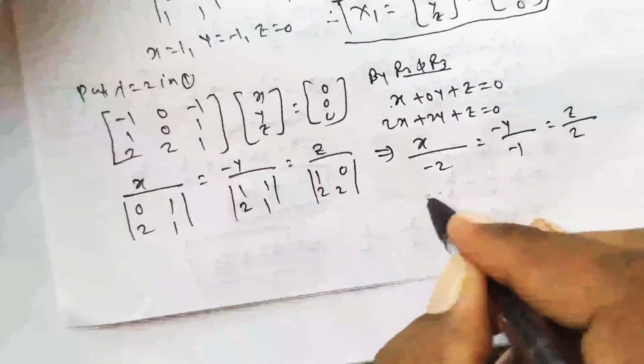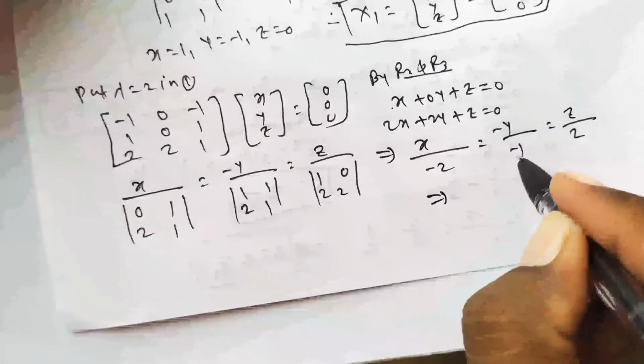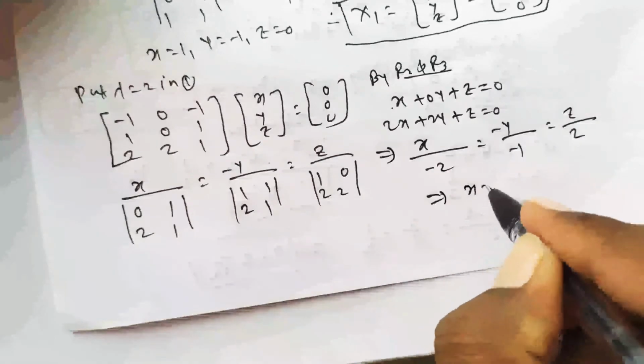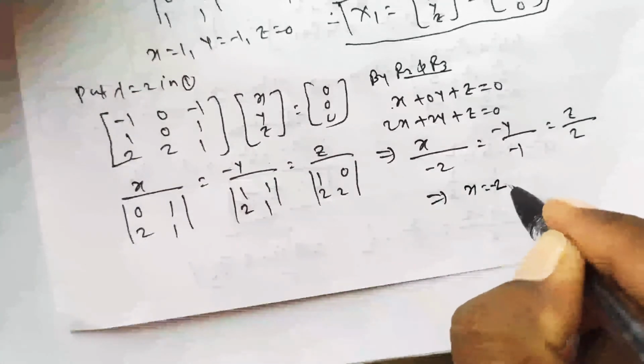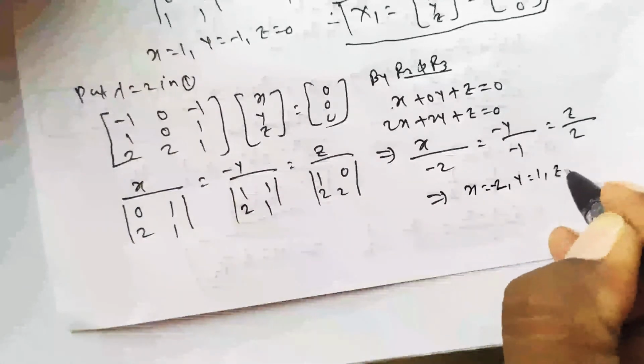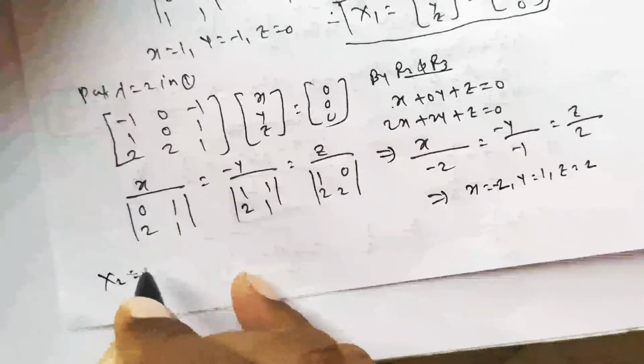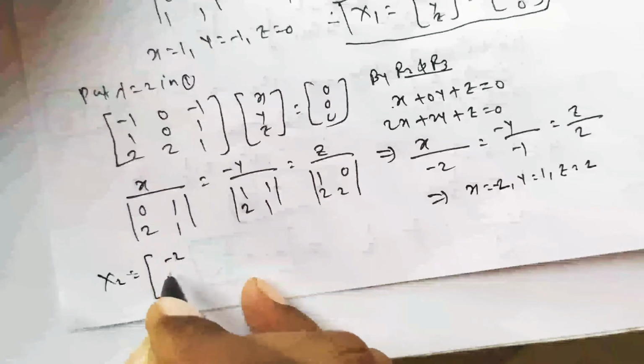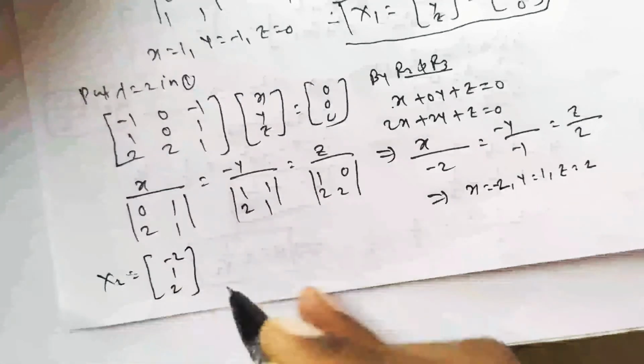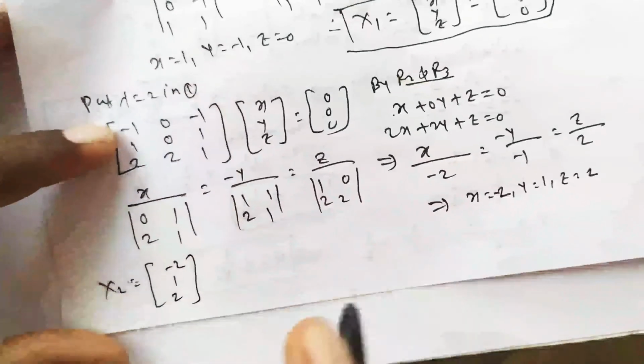So what are the values of x, y, z here? This minus, this minus, this minus plus, so we can write x equal to minus 2, y equal to 1, and z equal to 2. So the second eigenvector is x2 equal to minus 2, 1, 2. Okay, similarly we can find x3